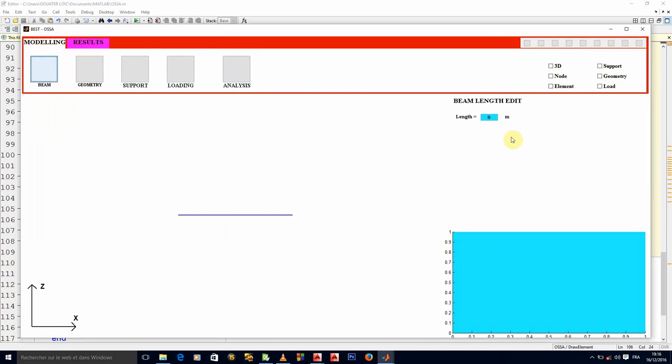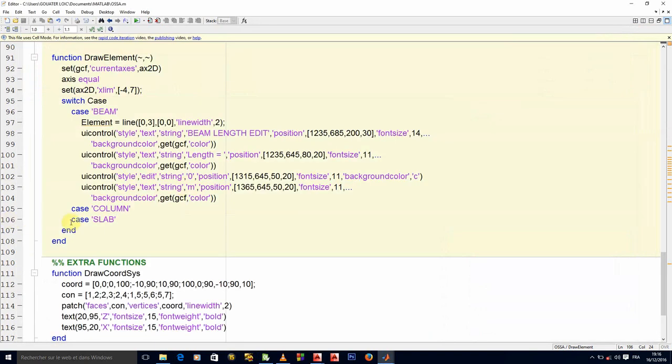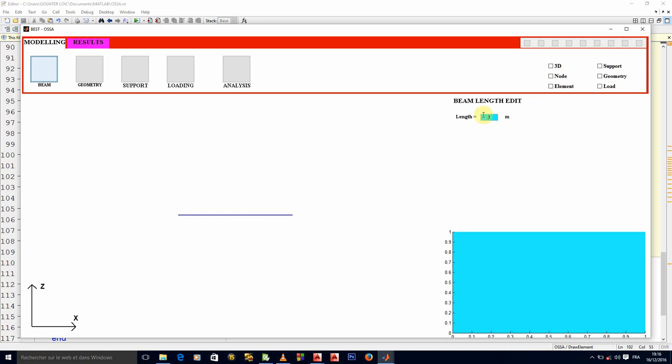Okay, so this is what I'm talking about. Do you see how beautiful this is? You just come and it indicates where you have to enter the value and you enter the particular value. Clean and clear. Okay, so by default, what do we have? We have a length of 3 meters. That's what we said, that when we are entering, we have a length of 3 meters. So here, it has to be 3, so that when we launch, I have 3 meters.